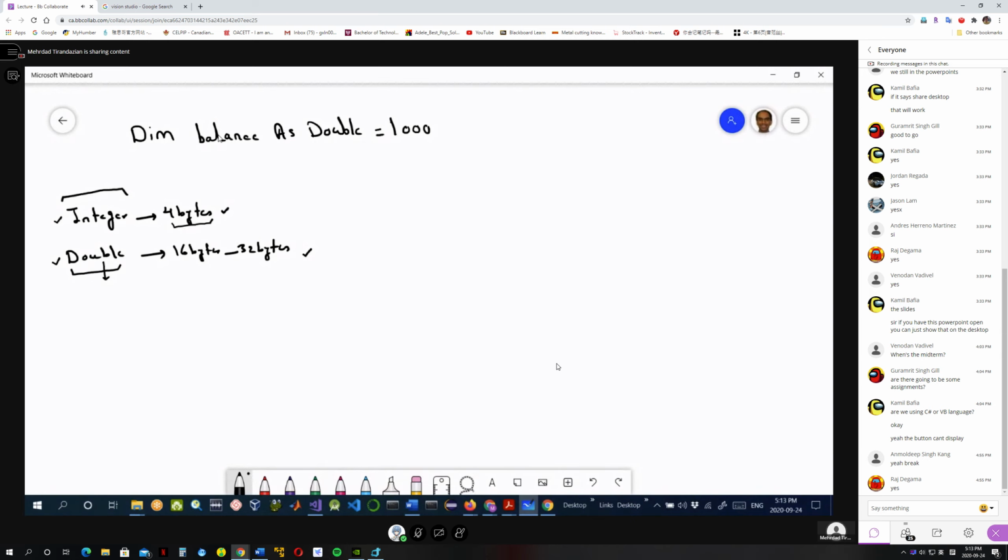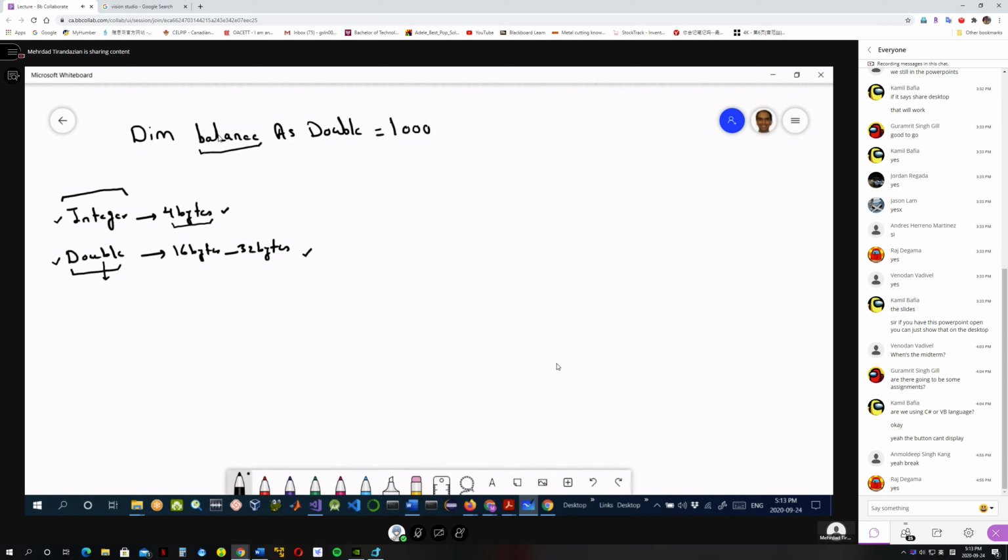So if you want to store it under a memory location which only can store 4 bytes, it's not possible. But vice versa, if you have an integer which only needs 4 bytes, you can store it in 16, 20, I don't know, 50, any memory location which is bigger than 4 bytes. So therefore, when you write